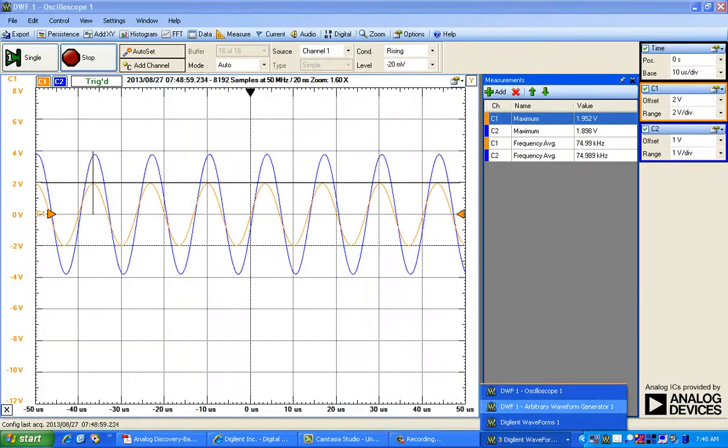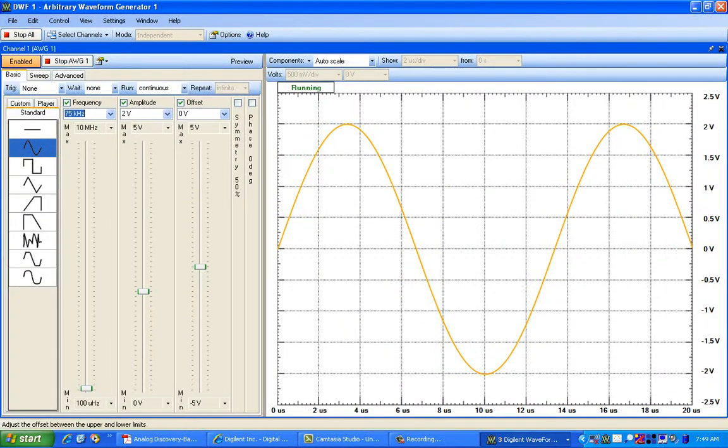Similarly, you can note down the output for frequencies such as 100 kilohertz, 125 kilohertz and 150 kilohertz also. Now let us set the input frequency to 200 kilohertz.